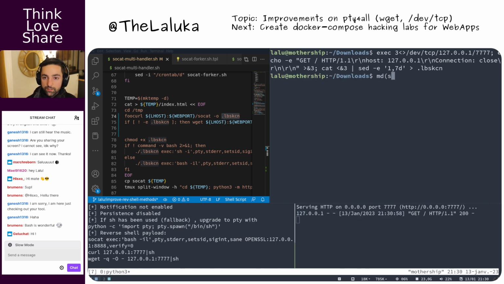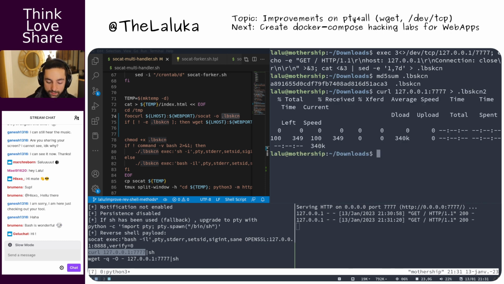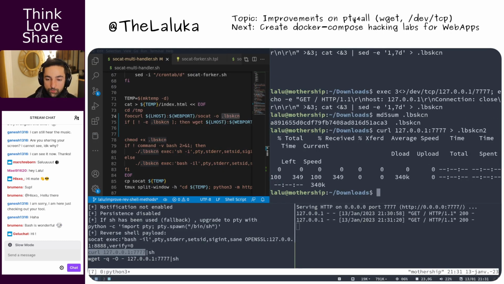Okay, md5sum on this lsbln something. This one, and from our server, if I just recover this one into lsbln2, then we'll try to diff the two of them.